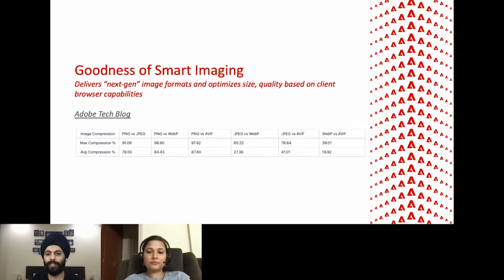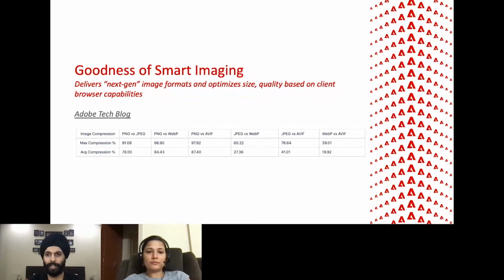But let's get to the major output format, which is the JPEG. JPEG is the most widely used format, and WebP provided 27% average compression on top of JPEG. Comparing AVIF, AVIF provided 41% reduction as compared to JPEG. This means AVIF reduced the WebP size further by 20%. All this is without compromising the visual quality.